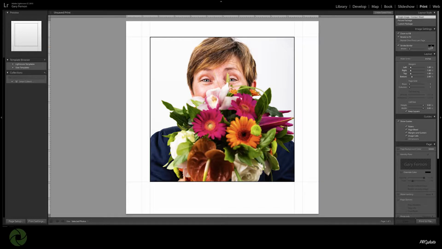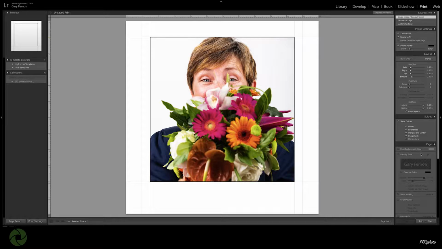You can set your color or your shade to whatever you like. I will keep it black. And to be fair, I actually quite like it at 1. I don't think, in this particular shot, I need to take it any broader than that, really. It adds a subtle element that separates the picture from the border, and that's really what I'm after. So I'm going to leave mine at 1, and then from here what we're going to move on to adding